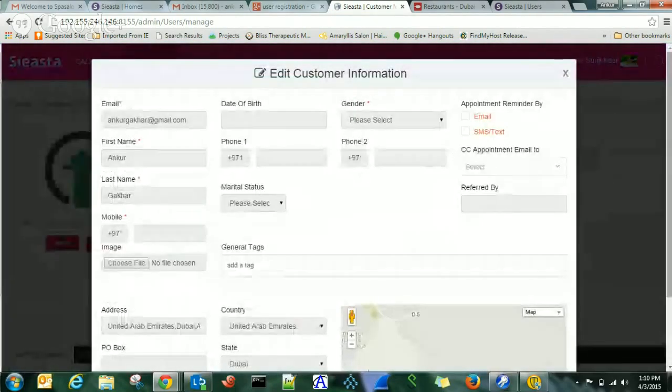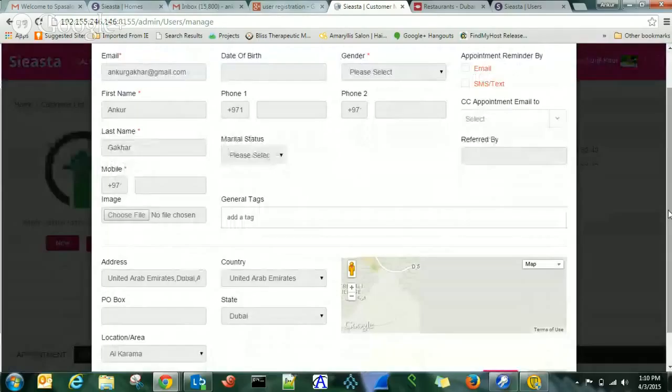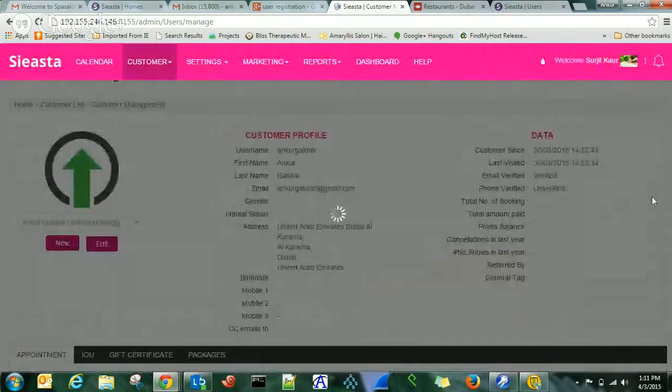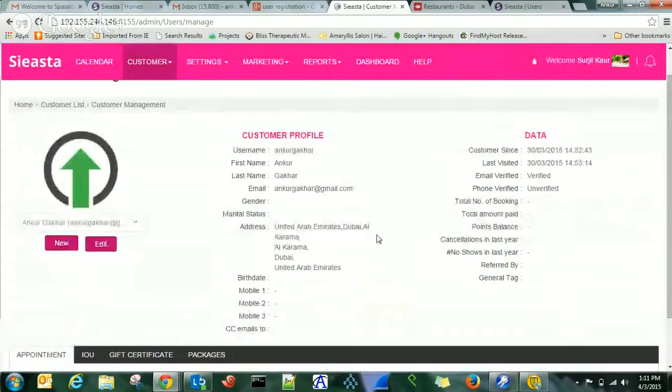But there are some other things. See, there is a profile which is associated with the user. Then there are certain tags which are associated with the saloon itself. Now, if this saloon gives a tag called VIP, that means this is a VIP customer. This particular customer is a VIP customer maybe for this saloon, but he is not a VIP customer for another saloon. So this is a saloon-specific parameter, while the username, first name, last name, email address, gender, date of birth, mobile number